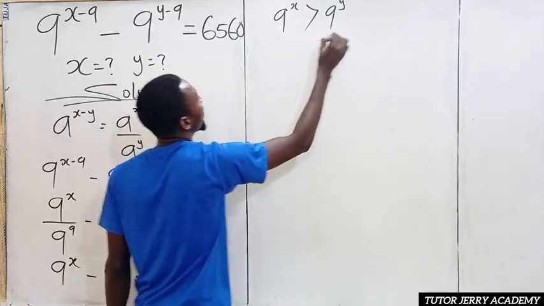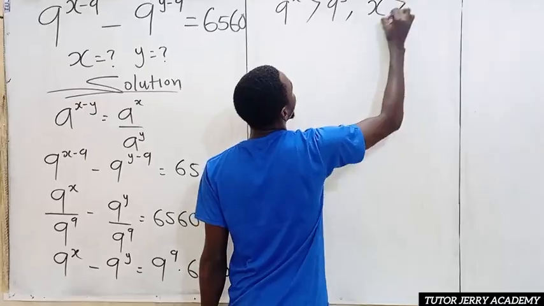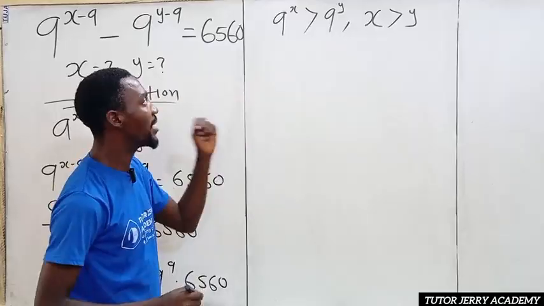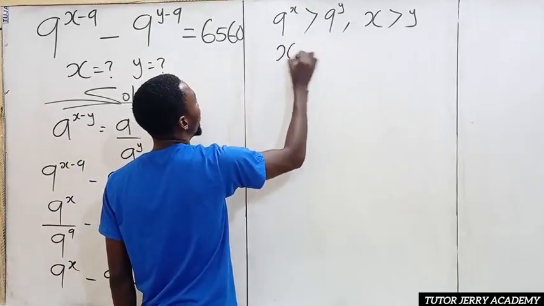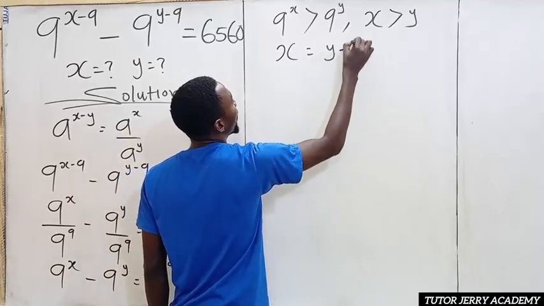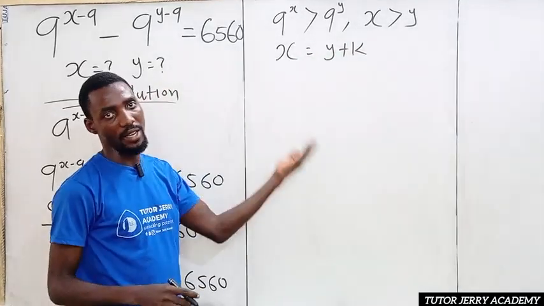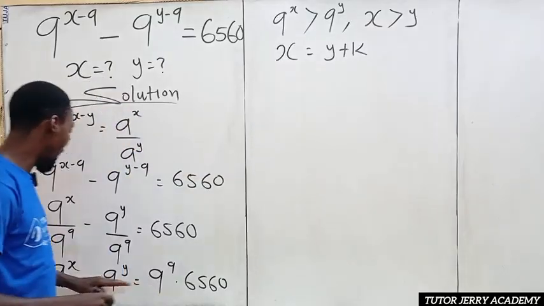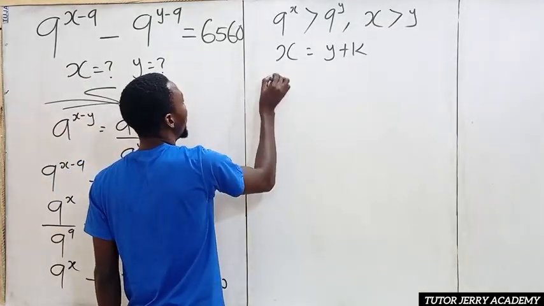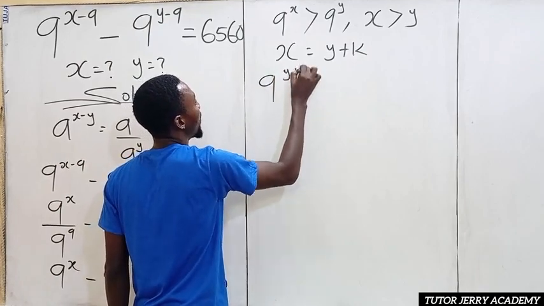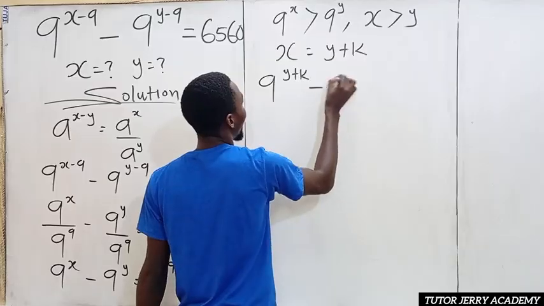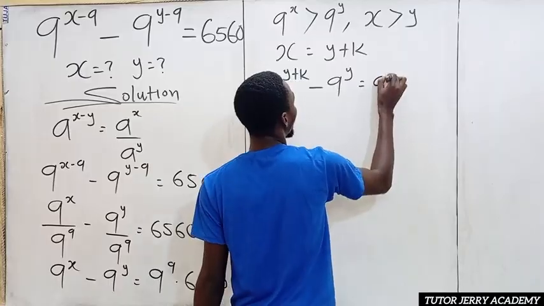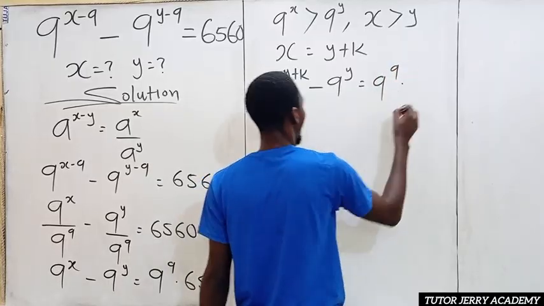And it also means that x is greater than y. Is that clear? Alright, so if this is true, we can therefore assume our x to be equal to y plus a constant number, which is k. So now we are going to substitute y plus k for x in this equation. So we are going to have 9 to the power of y plus k minus 9 to the power of y equal to 9 to the power of 9 multiplied by